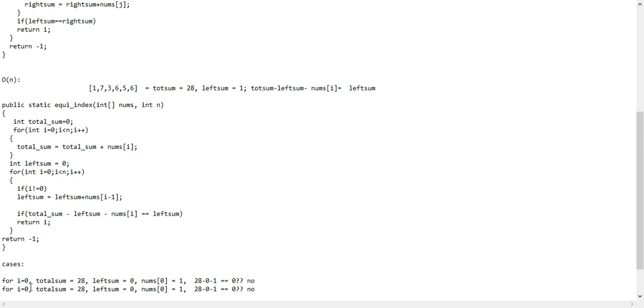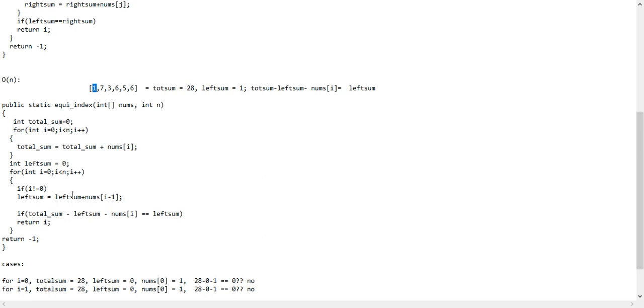Now for i equal to 1, total sum is 28. Now left sum will be, enter into the loop, if i is not equal to 0. Yes, i is 1. So what will be the left sum? Left sum plus nums of i minus 1. What is nums of i minus 1? It is 1.